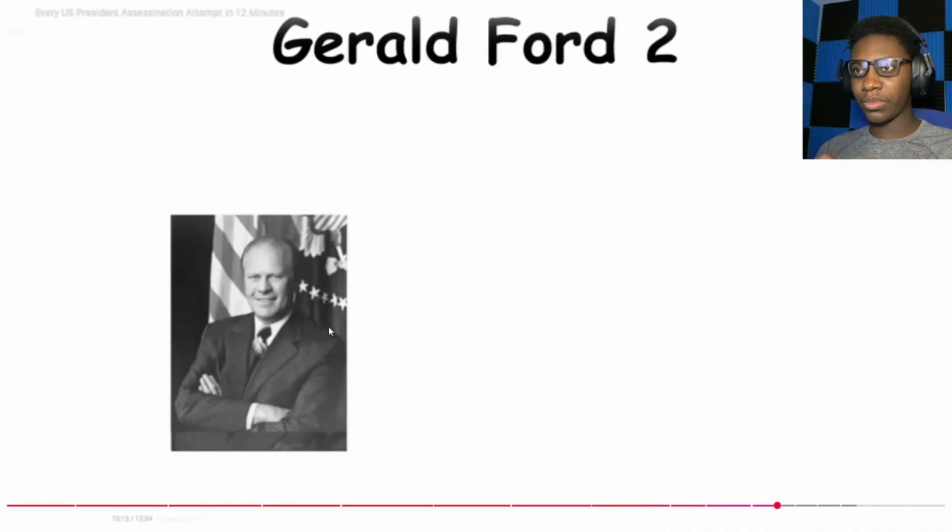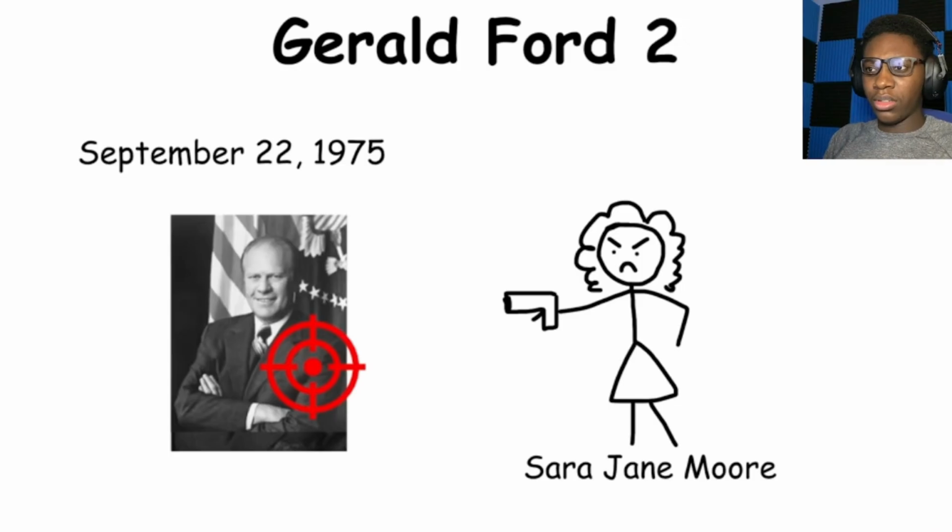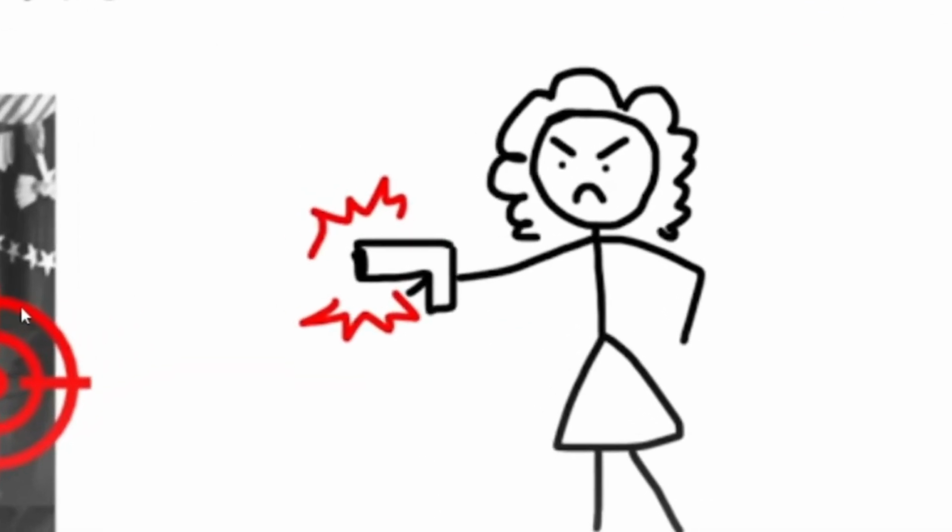Just a few weeks after the first attempt, President Gerald Ford was again targeted on September 22nd, 1975. This time, Sarah Jane Moore tried to shoot him as he left